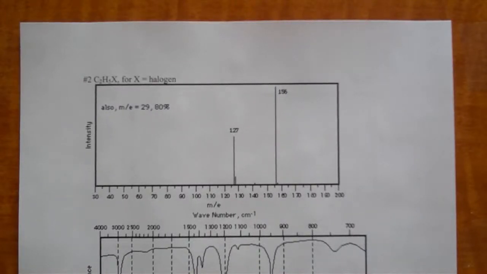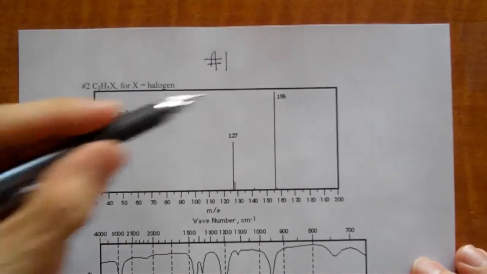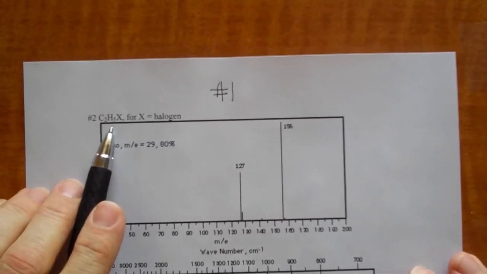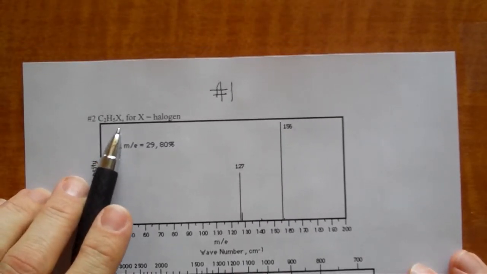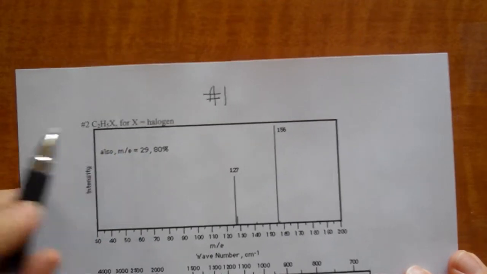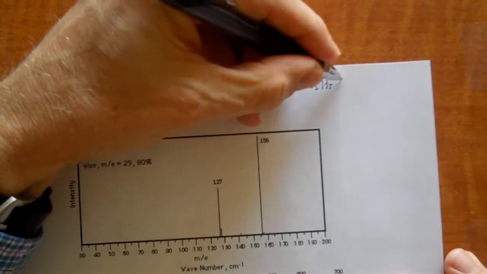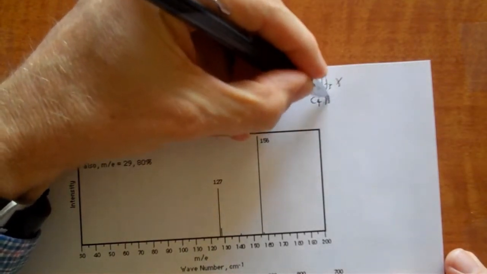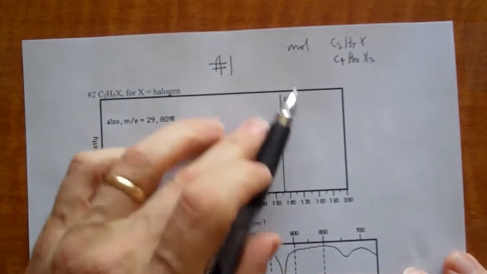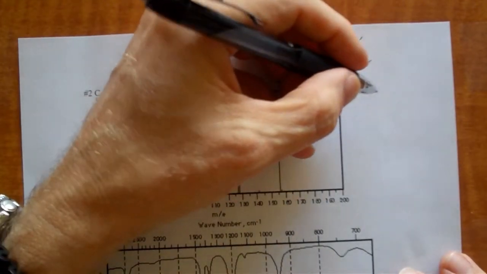Okay, so this is spectrum number 1, and as always I'm going to start with the mass spectrum and the empirical formula. So I see C2H5X, where X is a halogen. That means the molecular formula is C2H5X or C4H10X2. Alright, and I glance over here and I don't see what I would expect for bromine,